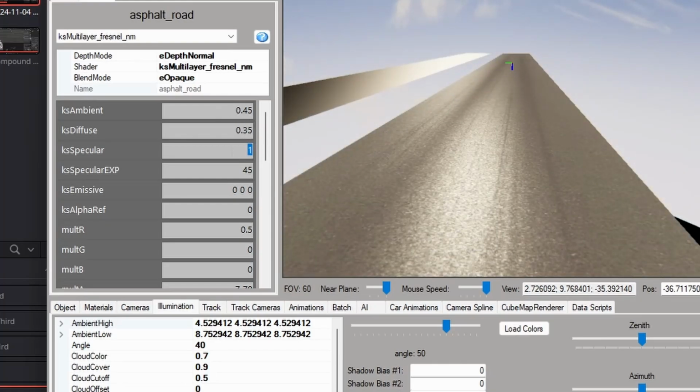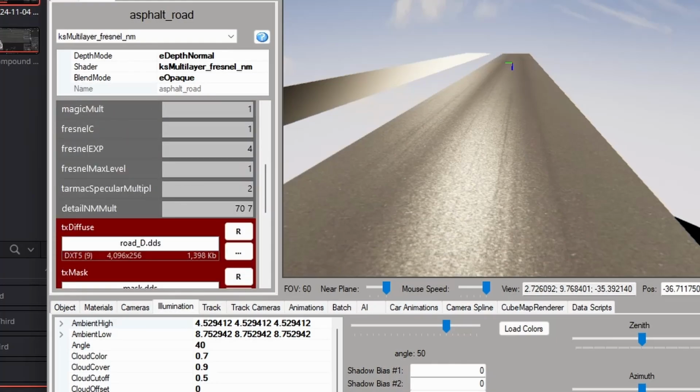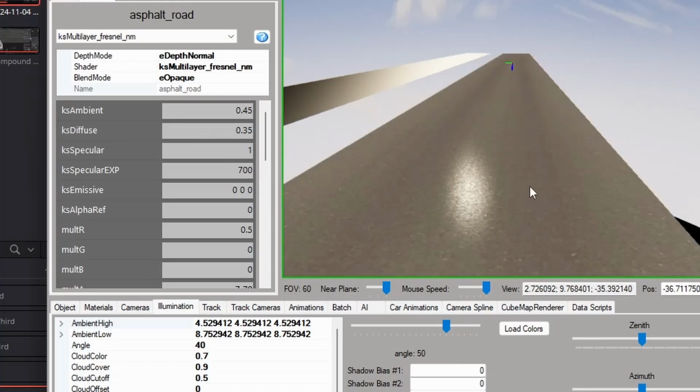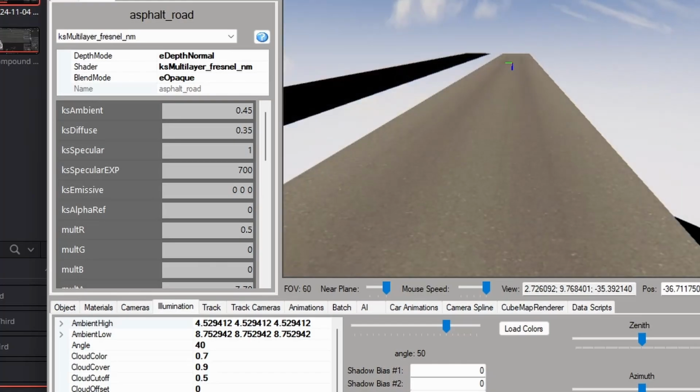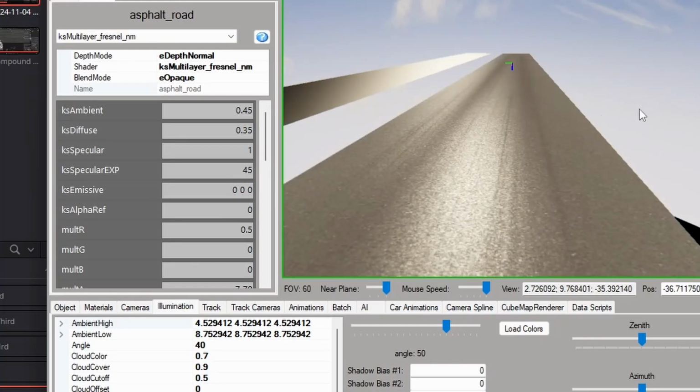The specular level, if we change this to 0, in that case, it doesn't change hell of a lot. So we can leave it in that case to 1 because we have a different specular level for the tarmac. Specular level is basically how reflective it is. And the EXP is basically a multiplier for this. So if I would put this up, you can see it gets more rough, but also smaller. So usually 45, I would say, is a good middle ground for